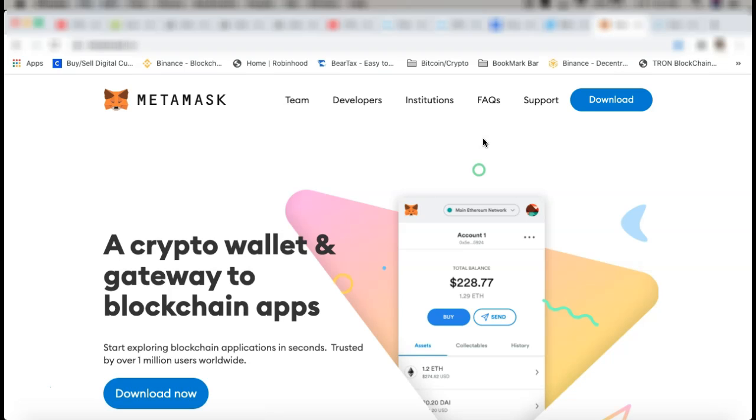But MetaMask. So what is MetaMask? MetaMask is a crypto wallet and gateway to blockchain apps. And I'm going to show you guys how to download this and explain what this is briefly and how it works. So pretty much in order for you to interact with these